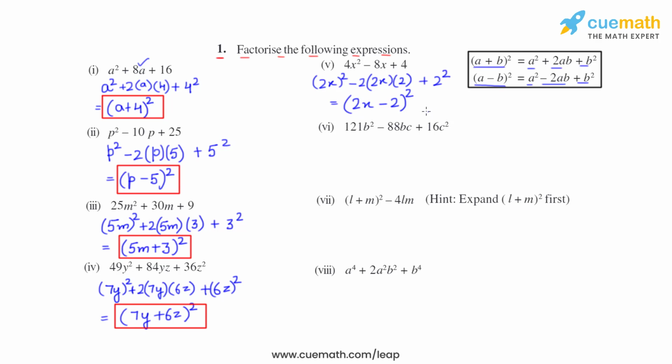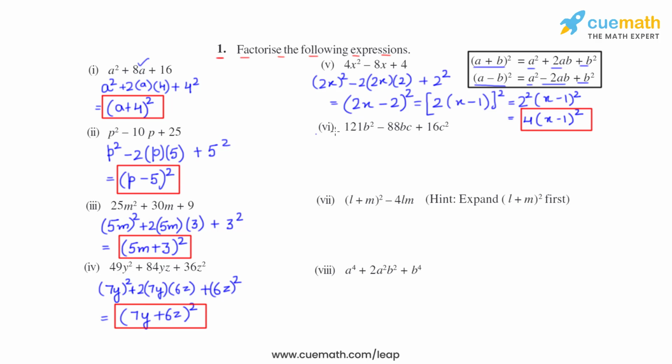But it is still not completely factored because you can see both the terms have 2. So inside the square we can factor out 2 from both the terms. So it will be 2x by 2 which is x, and 2 by 2 which is minus 1, so (x minus 1) whole square. Now we can distribute the exponent to 2. So 2² into (x minus 1)², and 2² is 4. This becomes the final factored expression for the fifth part: 4 into (x minus 1) whole square.